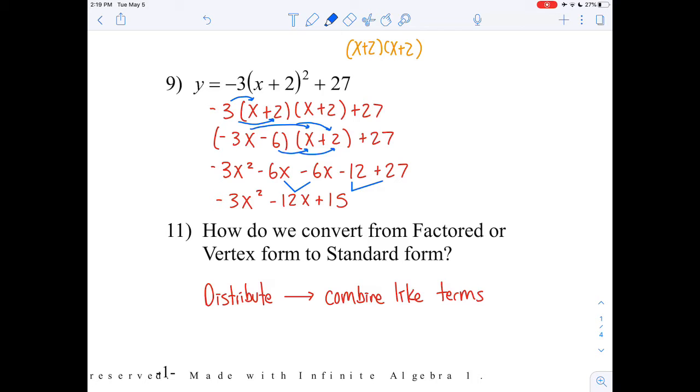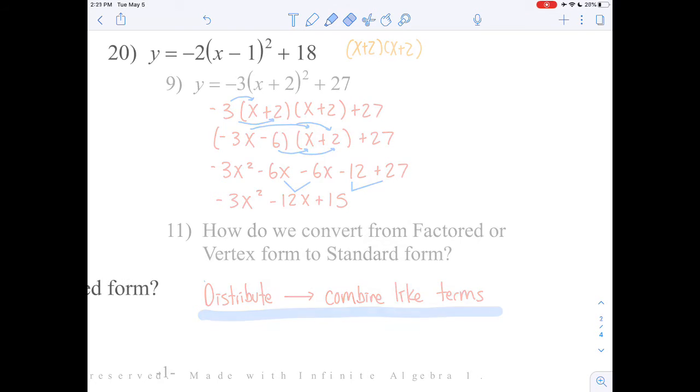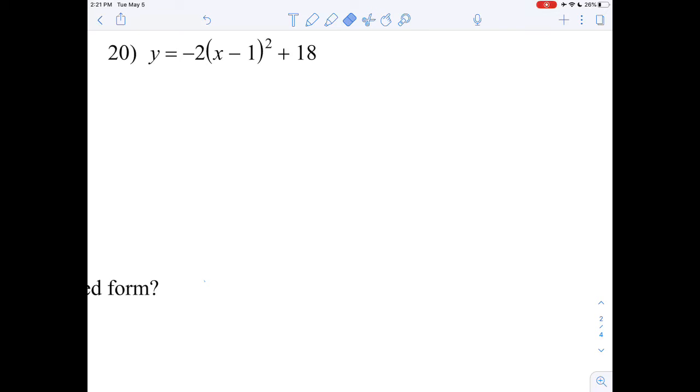So really, to convert to standard form, that's probably the easiest. Just distribute and combine like terms. This is an example of converting from standard or vertex form into factored form. So right now we're given factored form, and really we can go from factored form into standard form by expanding